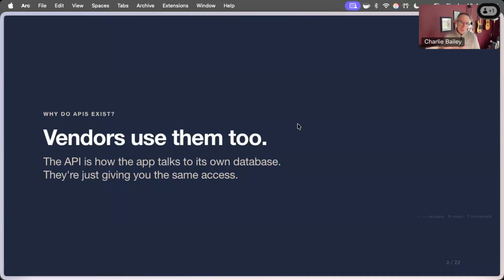And the big question is, are vendors building these things just for our benefit? And the answer is no. I mean, when the MailChimp front end is built, it's talking to the backend MailChimp API. So it's part and parcel of how these vendors have constructed these systems. And they're really just exposing their API, or some portion of their API, to us as developers to interact with